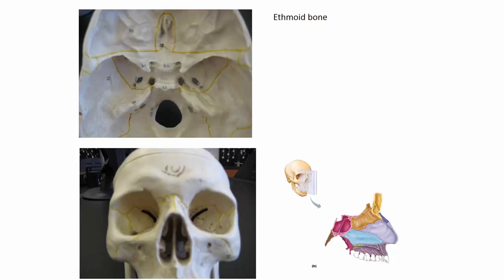All right, so the ethmoid bone. If you're looking at the ethmoid bone,